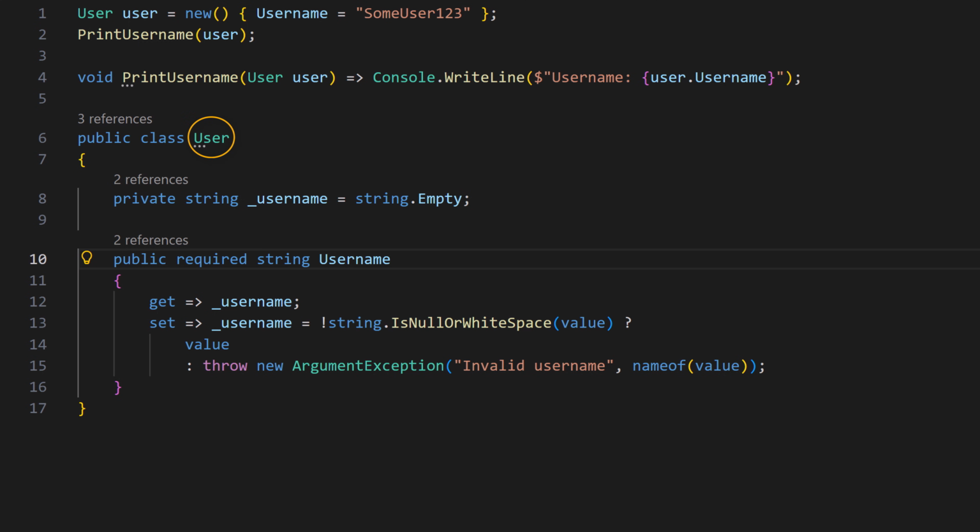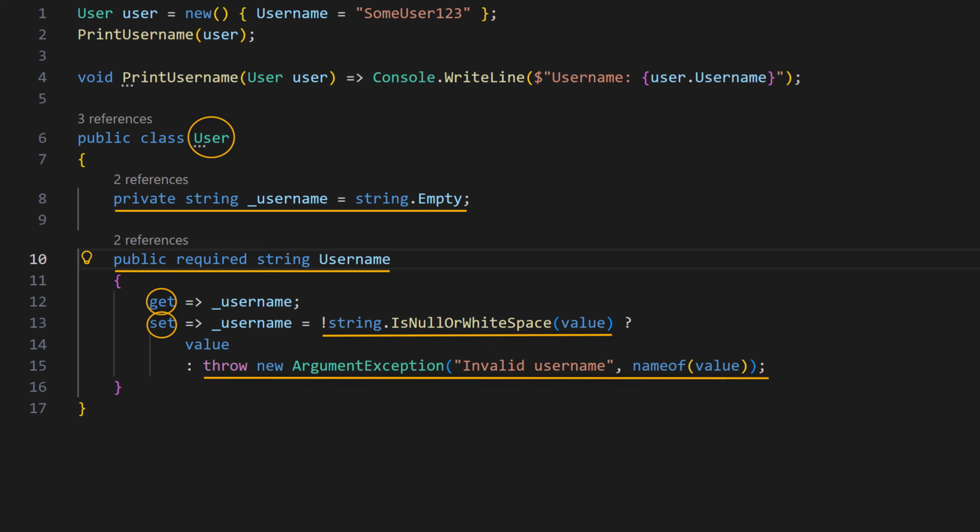So I have a user class with the required username property that uses a private backing field. The backing field allows me to expose the value through the get accessor, but more importantly, it lets me enforce validation in the set accessor. If the incoming value is null, empty, or white space, I simply throw an exception because it is not a valid username. However, when the value is valid, I assign it to the backing field, which becomes the new value